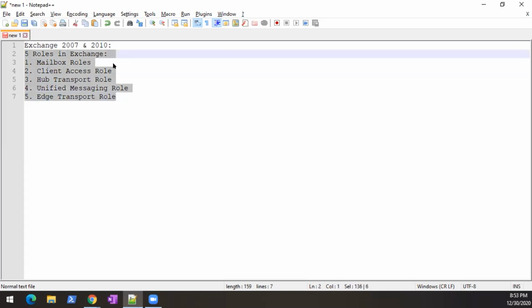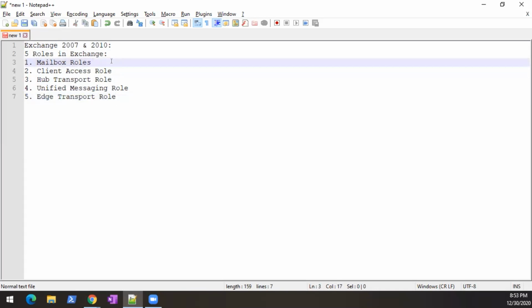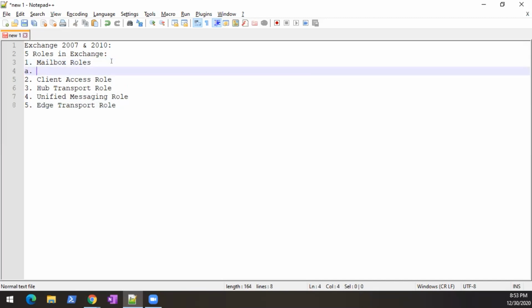So in 2007 and 2010 this is how the roles were divided. Now what is the meaning of a mailbox role, or what job does it really do? This is the role which holds the mailboxes and mailbox databases. This role was only responsible for managing and maintaining the mailboxes and the mailbox databases.